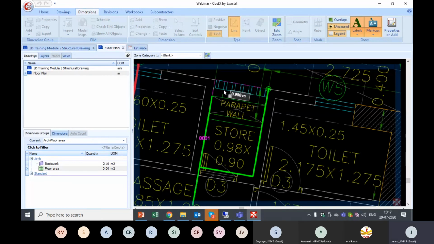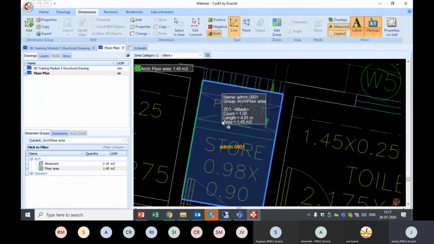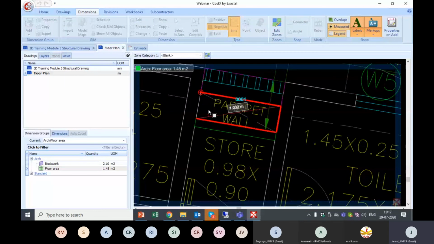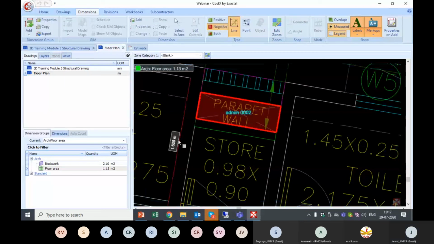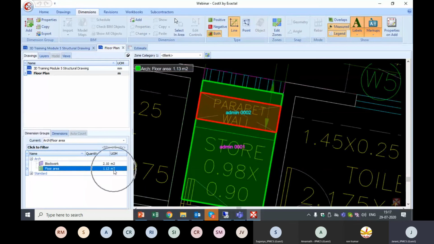This is my whole area, the total area, which is 1.45. Now I need to do the deduction for this area, so I'll select negative. After deducting, 1.45 becomes 1.13 meters square.